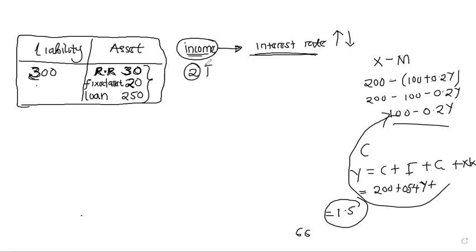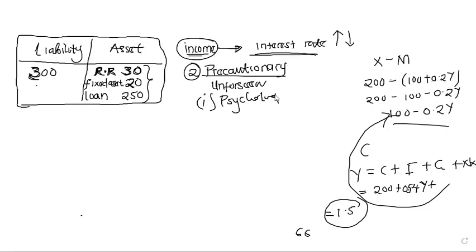Then the other reason why people decide to hold money for liquidity preference. So the second one is the precautionary motive. Precautionary motive is people hold money for unforeseen events, or unexpected events. And the amount of money that a person will hold under this motive will be determined by their psychology. So yes, it's the psychology of an individual. So if you are one of those people who think, you don't know how tomorrow is going to be, what if we have COVID tomorrow? And the fear in them will make them save even more money for unforeseen events, right?